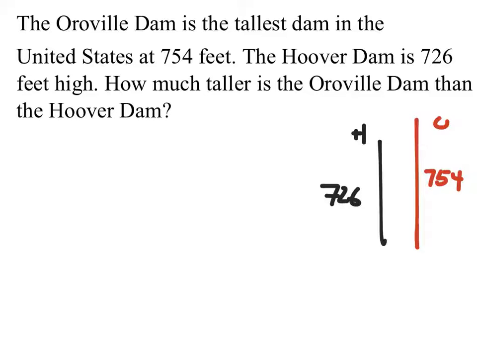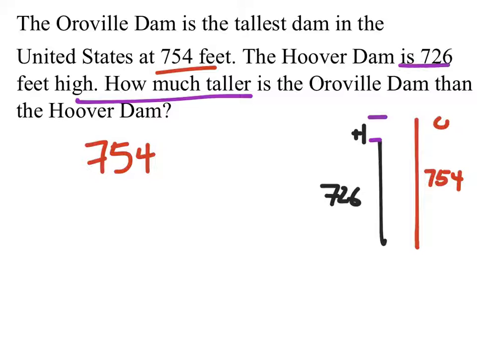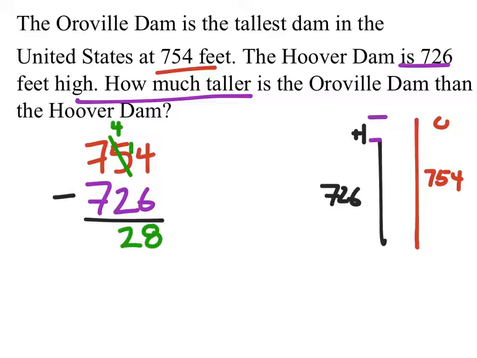Now, by asking how much taller it is we got to figure out the difference between the two, which means we're going to take the Oroville Dam height at 754 feet and the Hoover Dam at 726 feet and subtract the two. That will tell us the difference between the two. And just doing the subtraction on this, I'll borrow from the 5. 14 minus 6 is 8. 4 minus 2 is 2, and 7 minus 7 is 0. So this one, it's 28 feet,